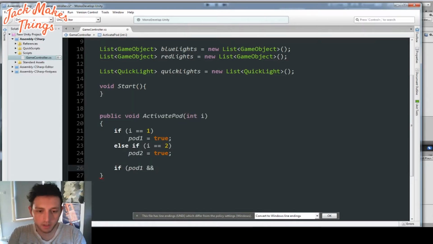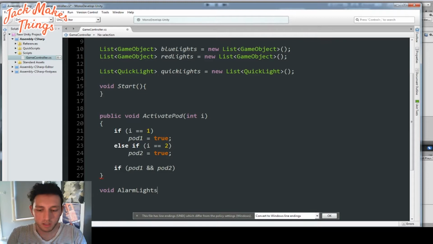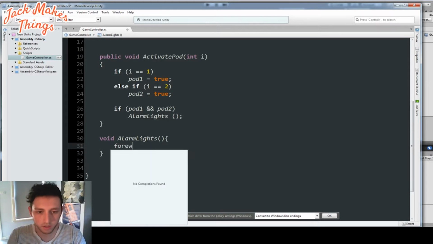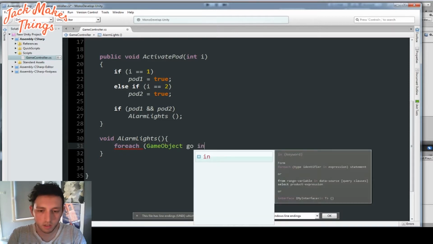So if they're both activated, this means that the player can then go and activate them in either order. So if they're both true, then we'll run another public function, AlarmLights. And when AlarmLights happens, we'll do a for each game object in